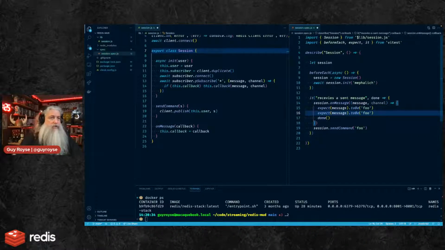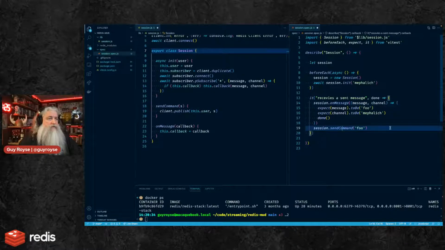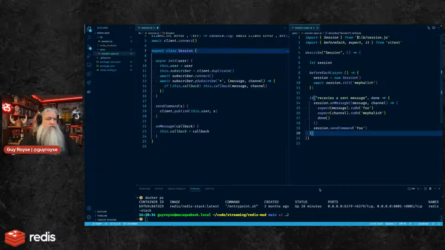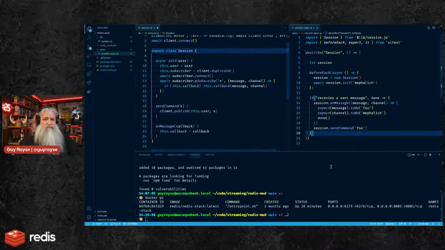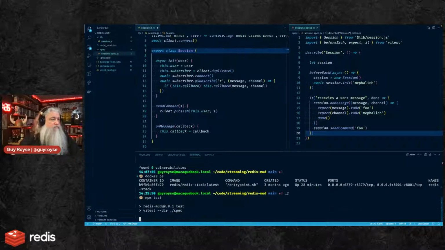And expect a channel. And then we call done to say that we're done. And we call send command on foo. We've registered, we send the command. This test is what I think it should be. We'll see if it works.